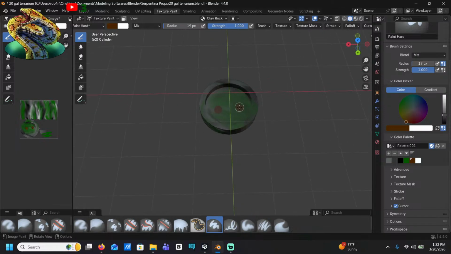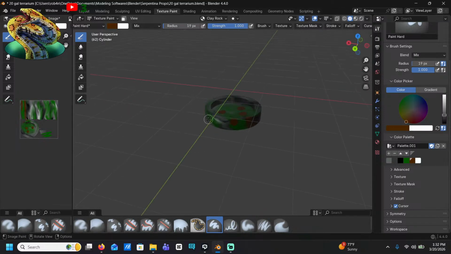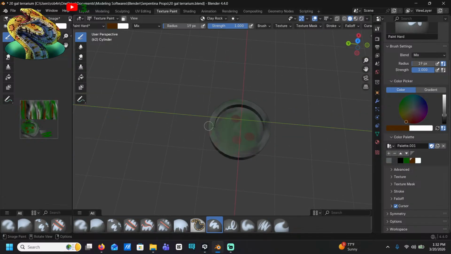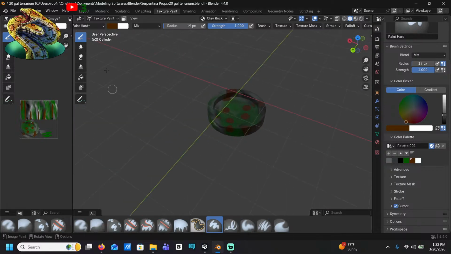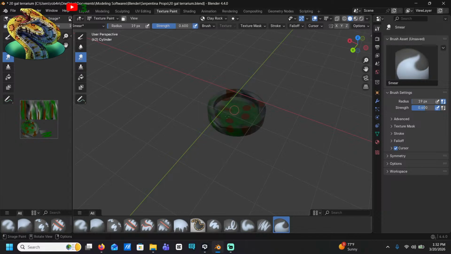Okay, now I do dot, and I do dot, and I do dot. Okay, and now I do blib. Circular blibs.